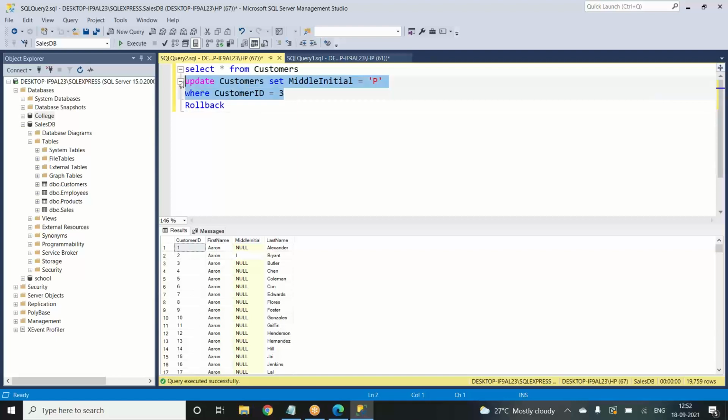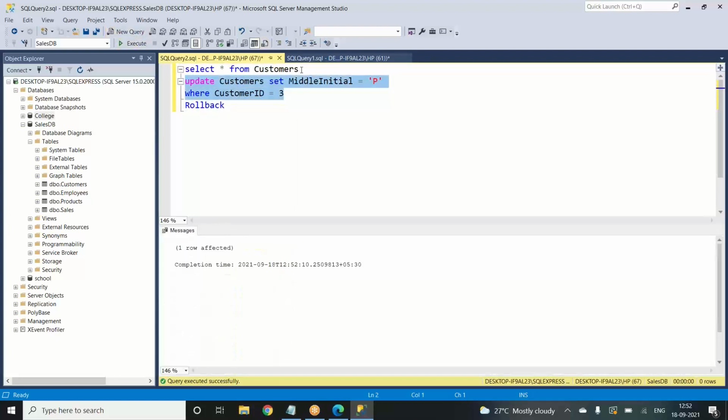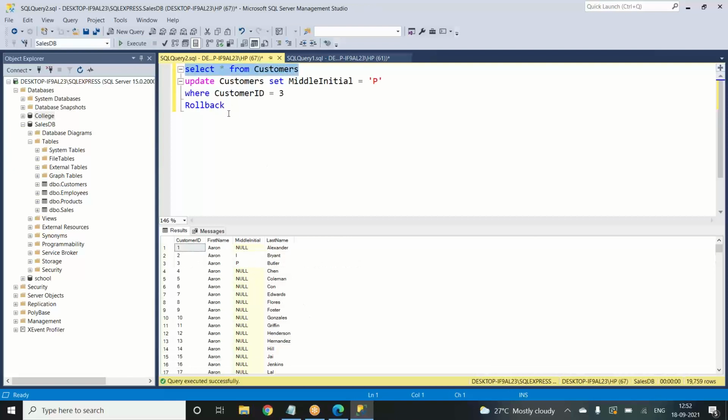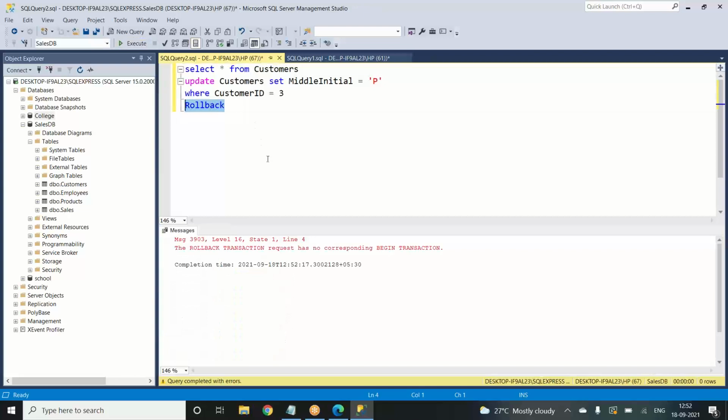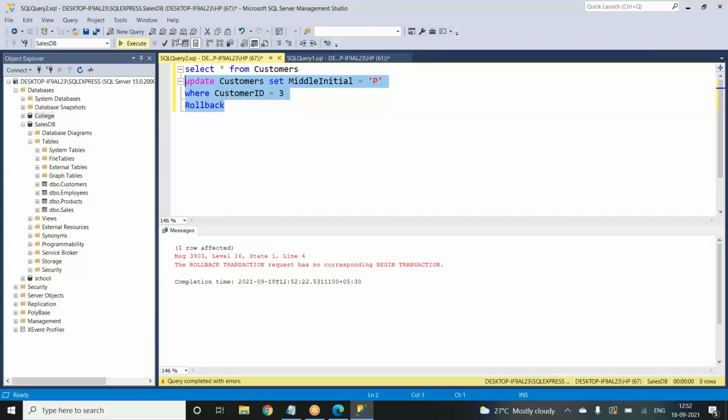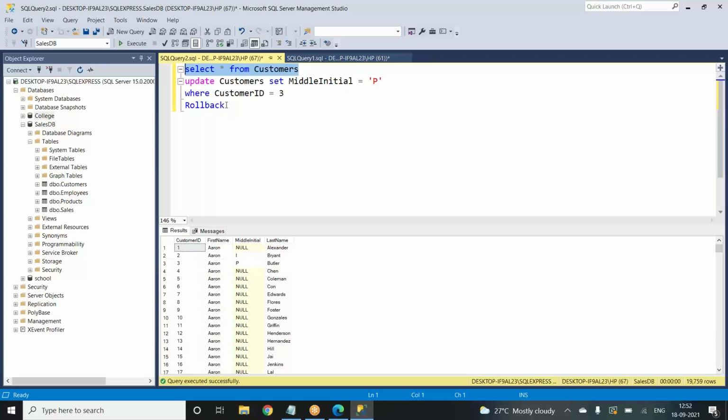Okay. Now we have this set, and we'll do this rollback. When we execute this, it is affected and changed to P. Now if we select this rollback again, there is one more.